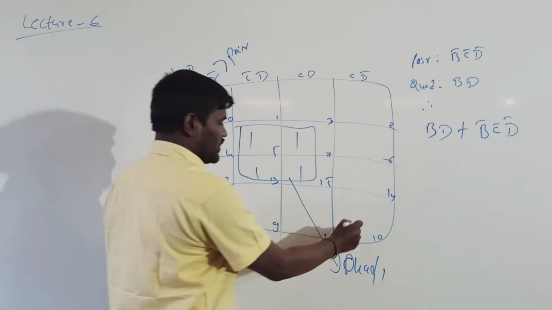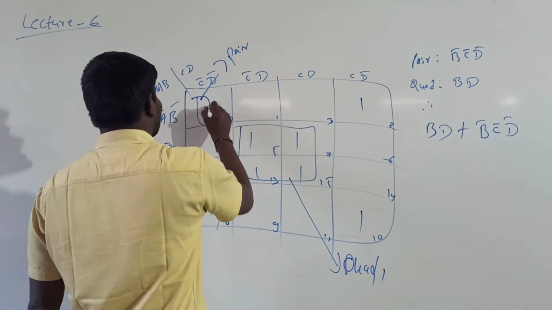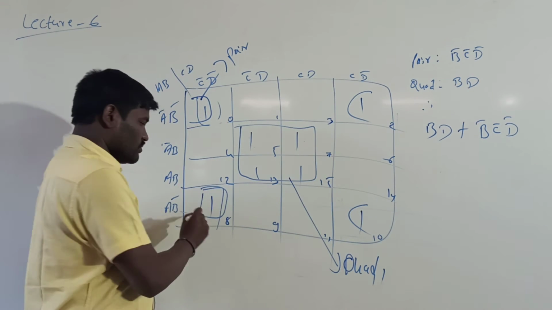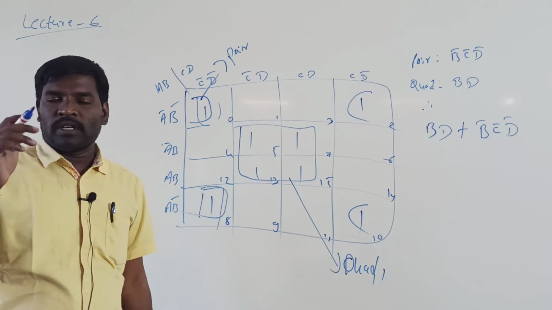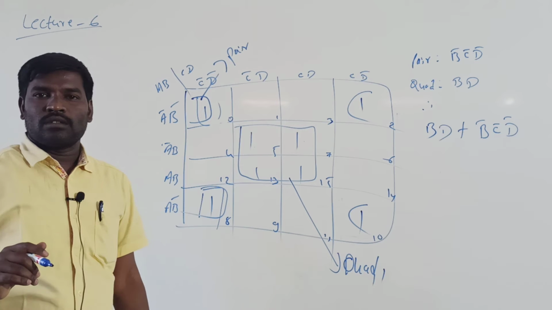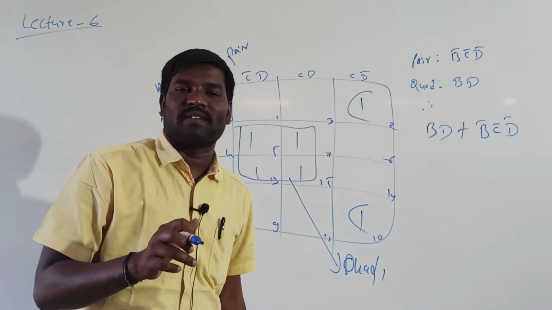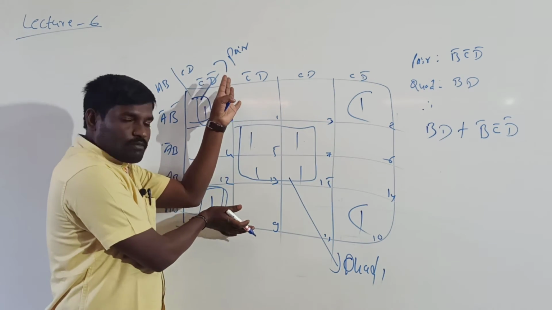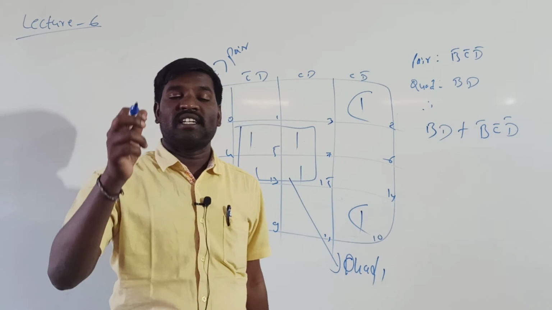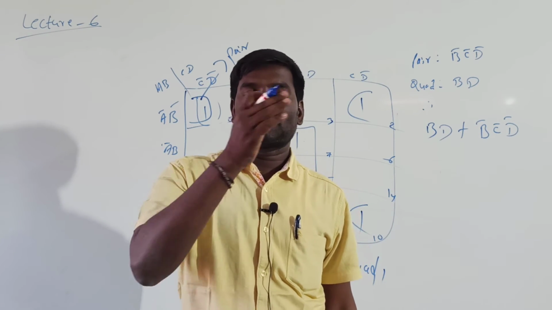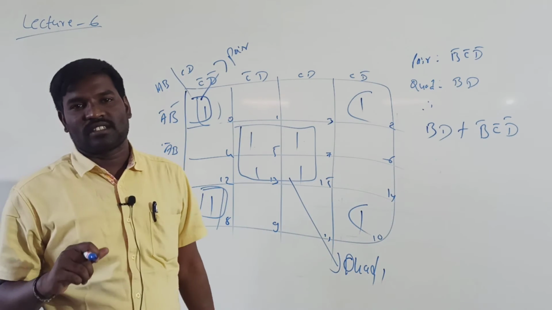Suppose again if 1 and 1 exist in the 2 and 10 positions, it is not a pair, again it is a quad, because of 4 adjacent ones. This is also a quad. Based on priority we have to solve, because if you make these 2 a pair, it gives the result as 3 variables. If you make it a quad, it gives 2 variables, which is the smaller expression. The question is to reduce the Boolean expression as much as possible.